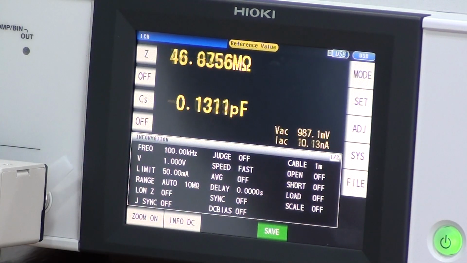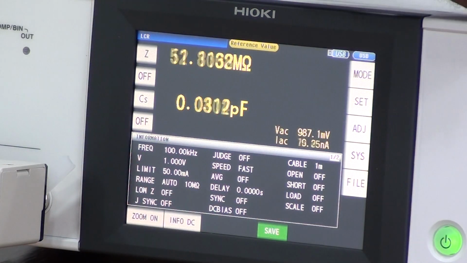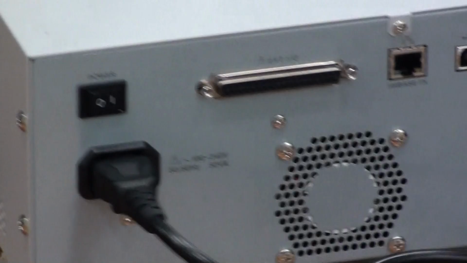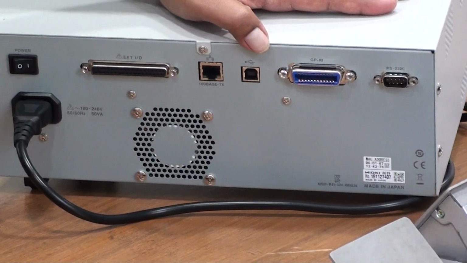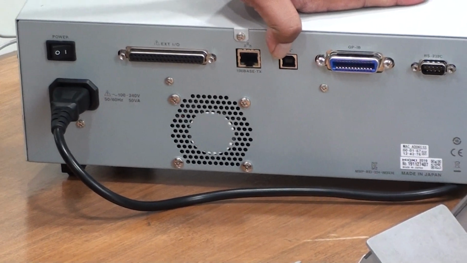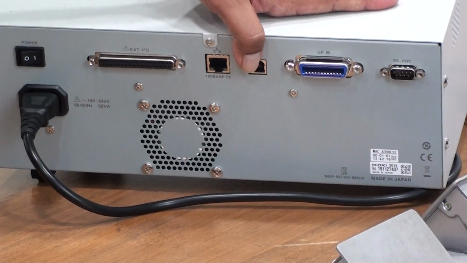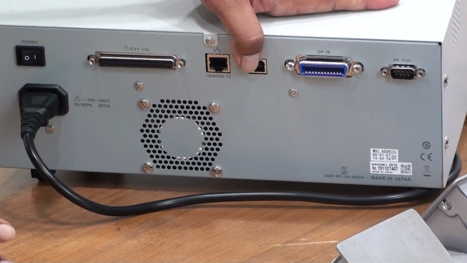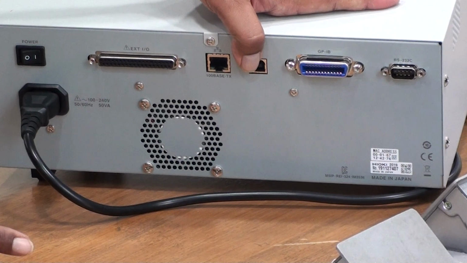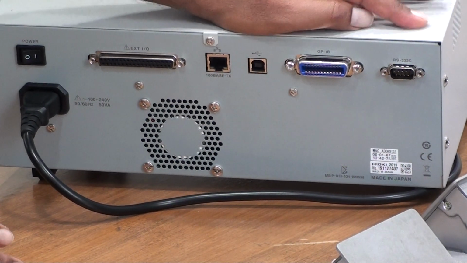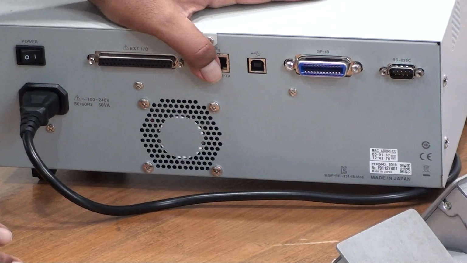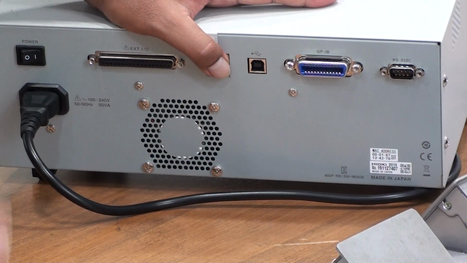So what else? I'll just show you the back panel of the instrument. So this is the USB port through which we will be able to interface the instrument with the laptop, or you can use an RS-232C port as well. Or you can also use a LAN port, whichever is convenient for the